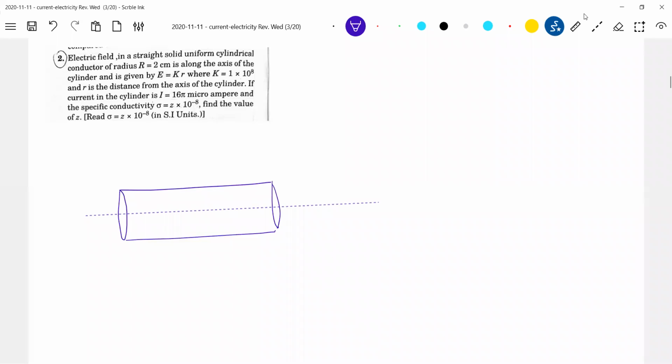Okay, there's a current density inside. It will be J like this. So there's the area of cross section. So what is asked? Find the value of sigma, something is asked. So he's asking the specific conductivity. So what is the specific conductivity formula? We have the formula J equal to sigma E. It's giving this value of sigma. I think we made this as E by rho. Sigma is conductivity.